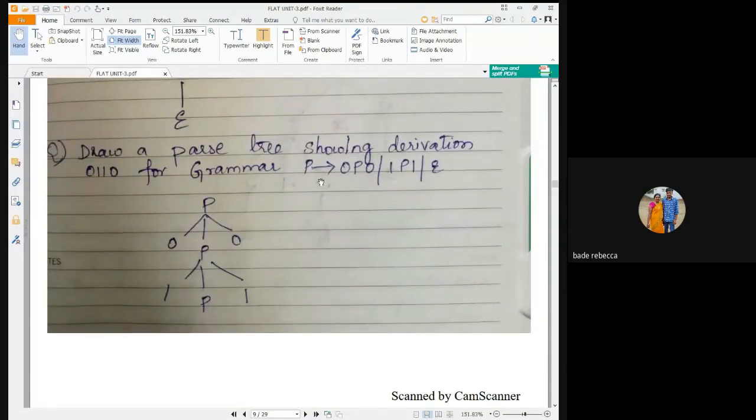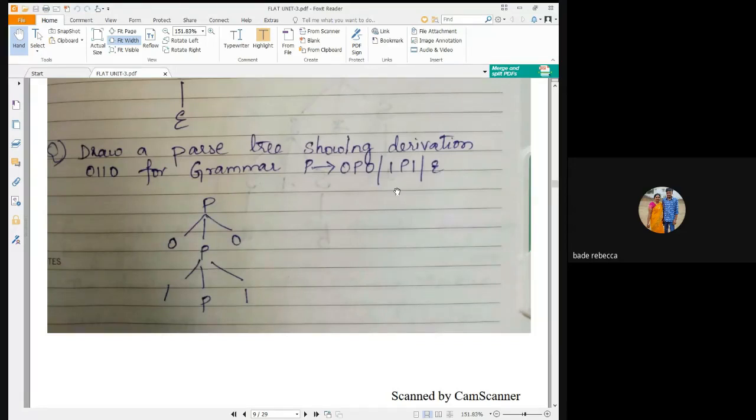For the production rules, P implies 0P0, P implies 1P1, and P implies epsilon. Here in this example, we have only one non-terminal or variable, P. Hence, we will start with P. We need to have 0 as the first character of the string.